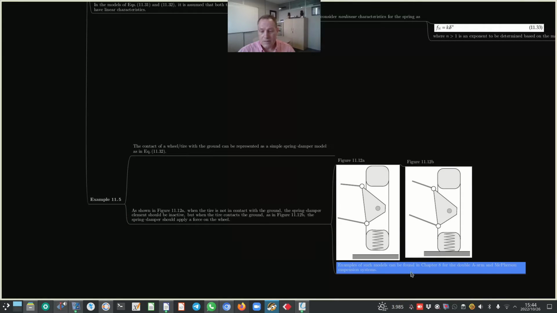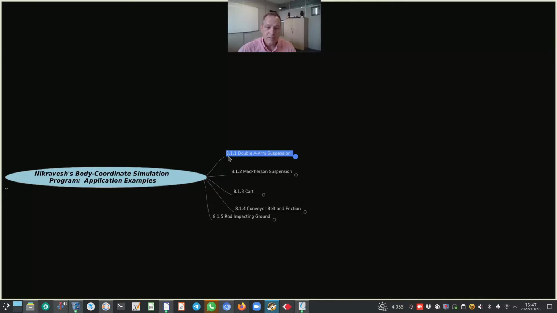Now, examples of such models can be found in chapter 8 for the double A-arm and McPherson suspension systems. And you will recall in lecture 5, we actually looked at these two examples, and in today's lecture we will revisit them. So the double A-arm suspension is discussed in subsection 8.1.1, and as I've already mentioned, we did look at it, albeit superficially, in lecture 5. In today's lecture we'll look at it in a bit more detail, specifically how the contact and the logical spring damper